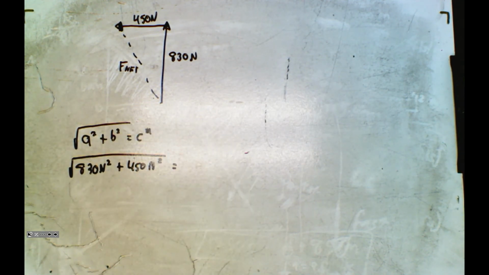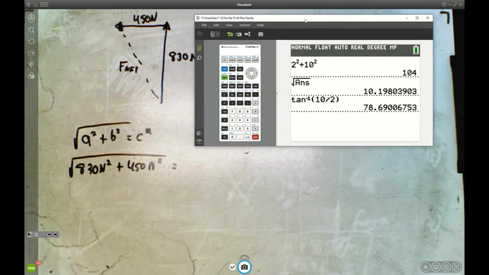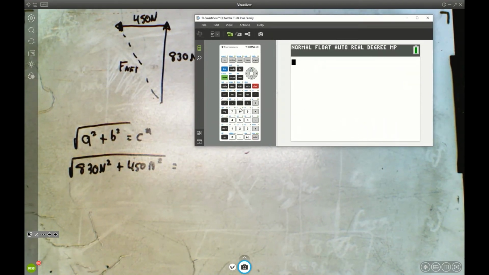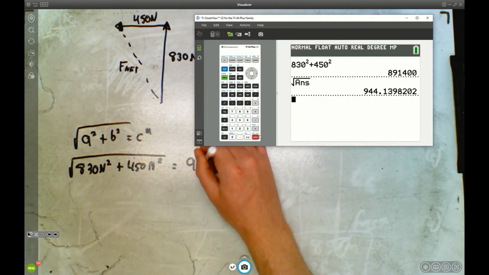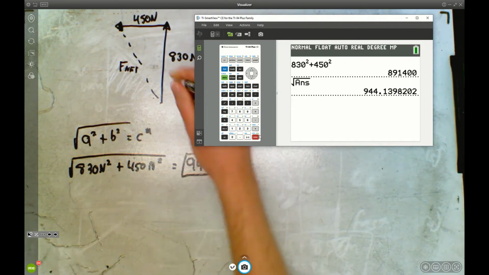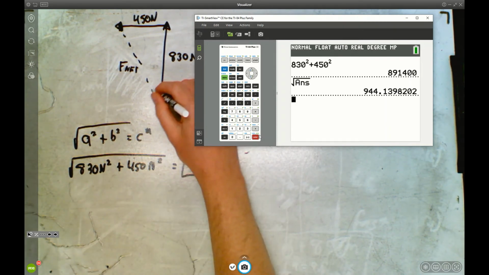And we can find our resultant magnitude. So it's going to be 830 squared plus 450 squared, and we'll square root our answer. And we end up getting 944, and we have 3 sig digs in this question. So 944 newtons. Okay. And now what we need to do is find this angle here,